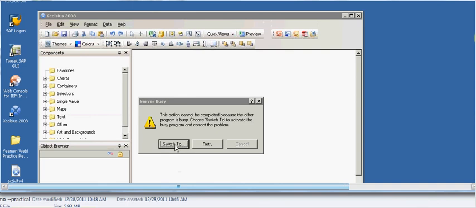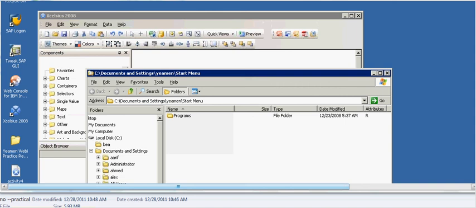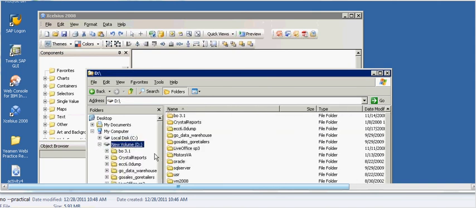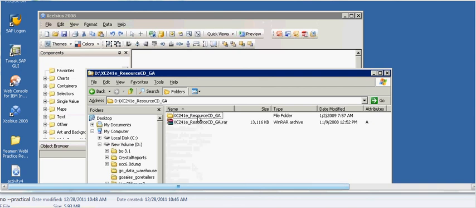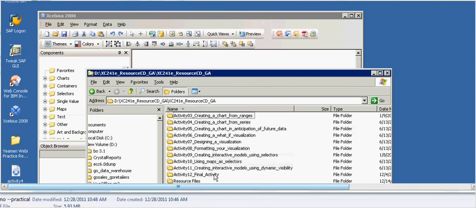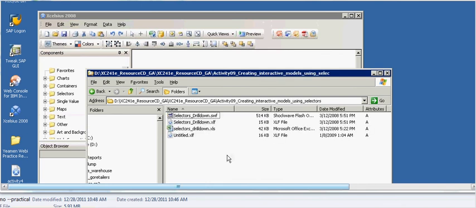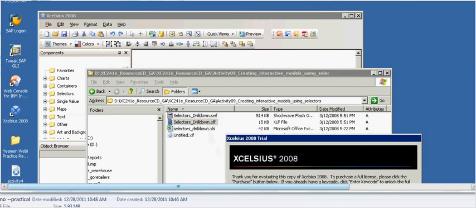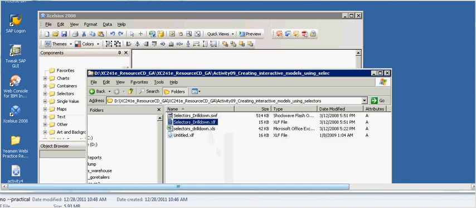One second. So that is the sample already developed.